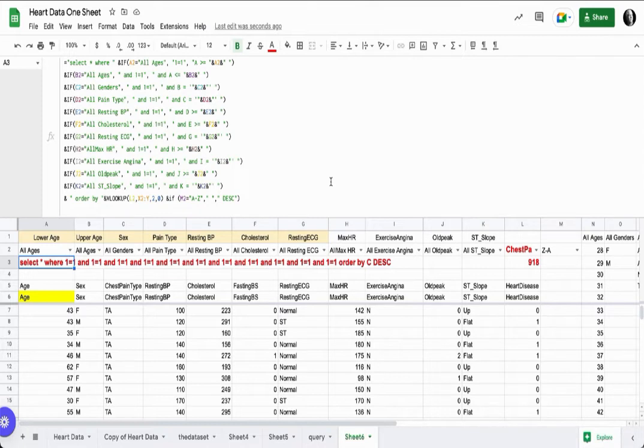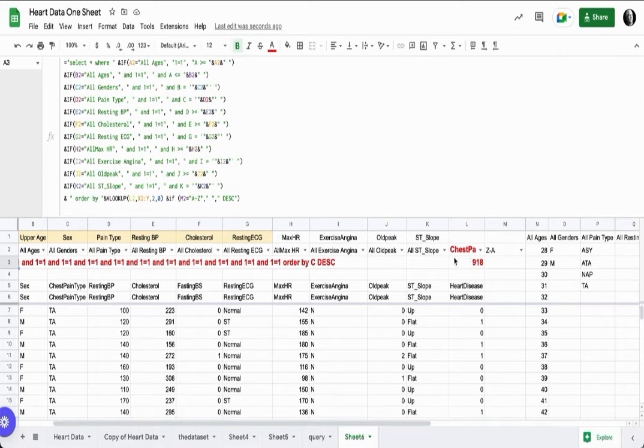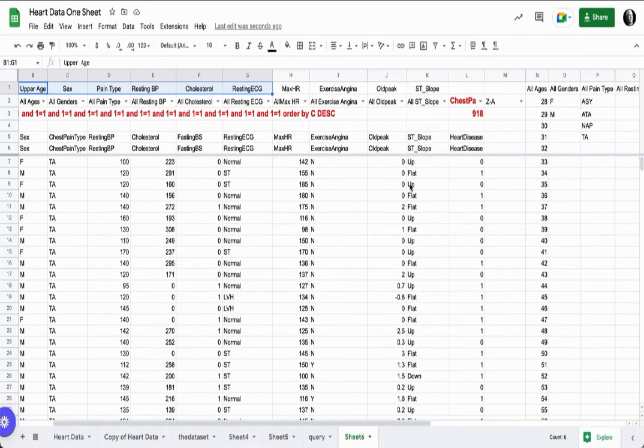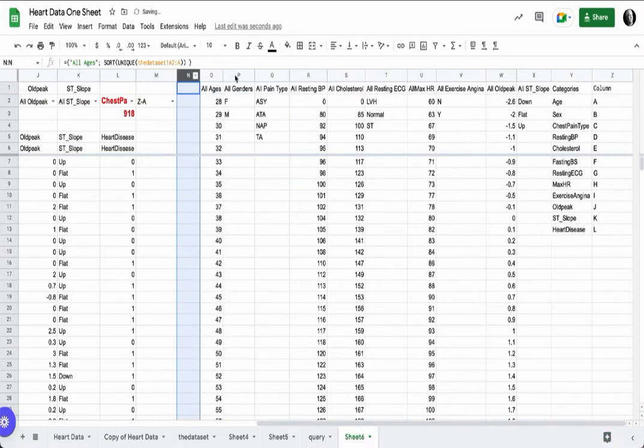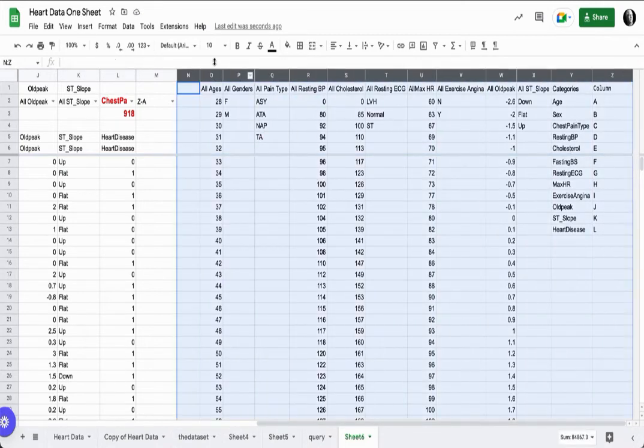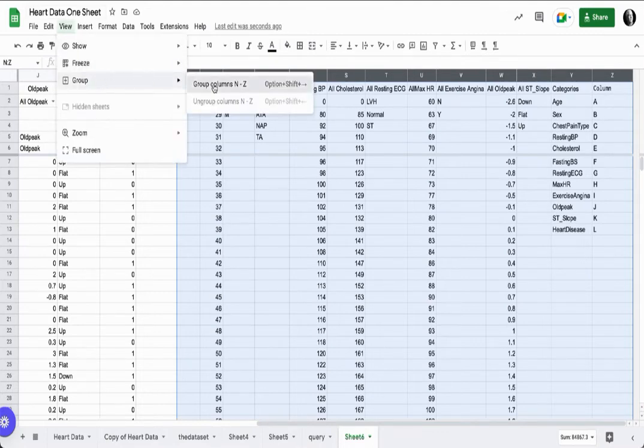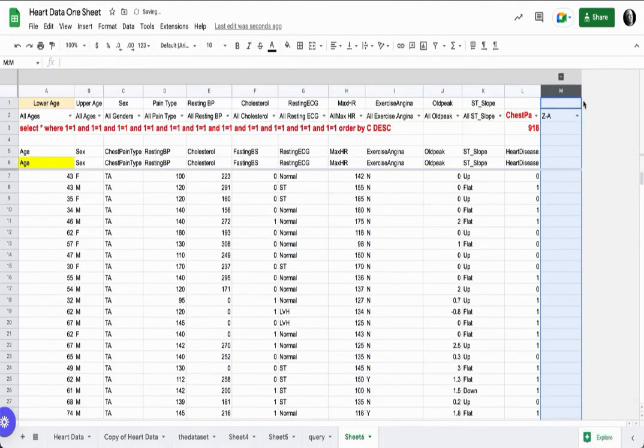In the last video, we will show how we can clean this up and make a nice looking dashboard. If we have it all in place and all working, let's see how we could make it into something that would look nice. And so finally, let's do some formatting on this. One of the first things I might do is introduce an extra column to the left here, and then highlight all of these columns N through Z, and go to view, group, and group those,